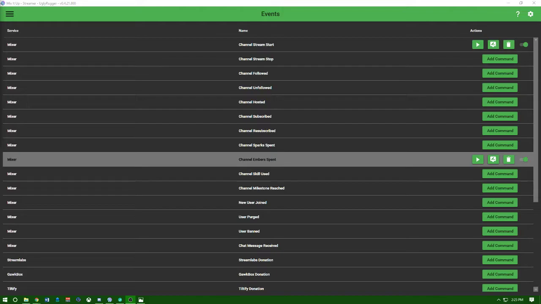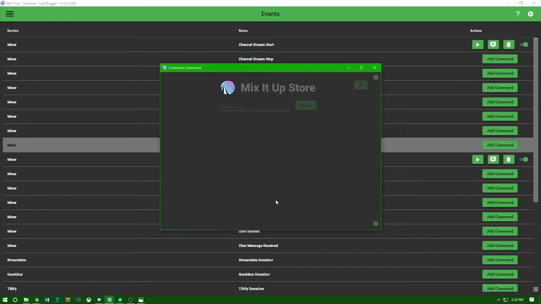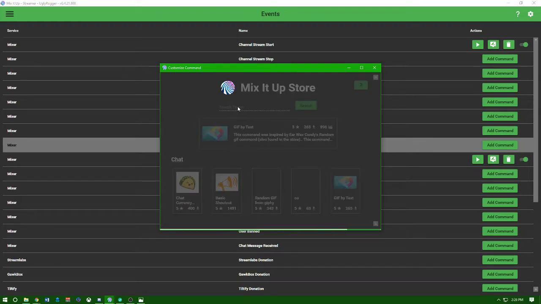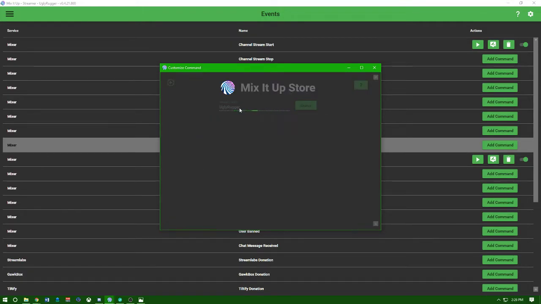So here is how, for you, since I made it from scratch, let me show you how you can make it. I'm going to do it here in the Sparks Spent event. So it'll be the same process, just make sure you do it in the Ember Spent section. We're going to click Add Command, and we're going to get this window, and we're going to hit Download from the MixItUp store. Once that finally loads, what you should need to do to find it is type in Ugly Rugger,